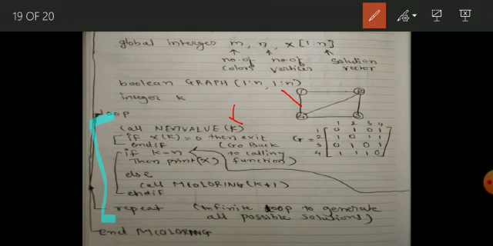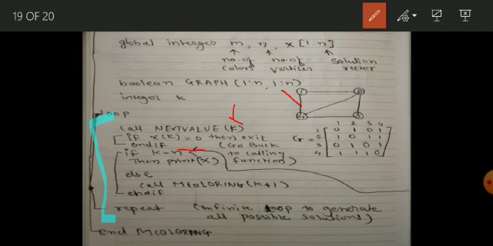What is the next statement? The next statement says that x of k is equal to 0. So x of k is equal to 0 means all the colors have been exhausted, or a valid color is not available which can be assigned to the kth vertex. In that scenario, we have to backtrack to the previous node. So here the node to be colored is k, then we are going to backtrack to the k minus 1 color.